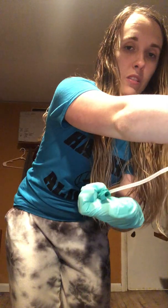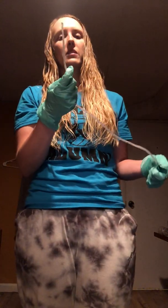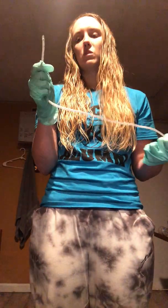we are going to get some sterile water in the tubing to lubricate it. So we're going to stick it in our little basin and apply our thumb to this little hole and suction a little bit of water to lubricate this. Then we're going to use our water-soluble lubricant and apply it to the end of this to ensure that it goes down easier. So once we have done that,